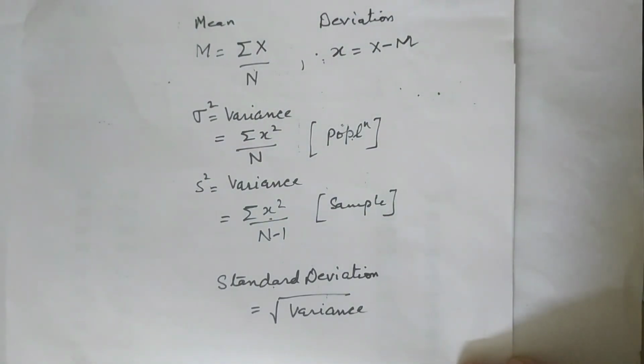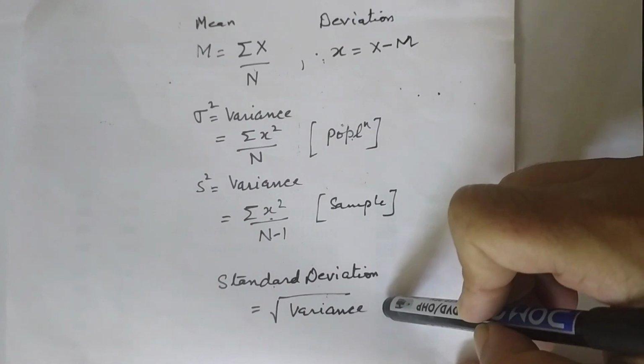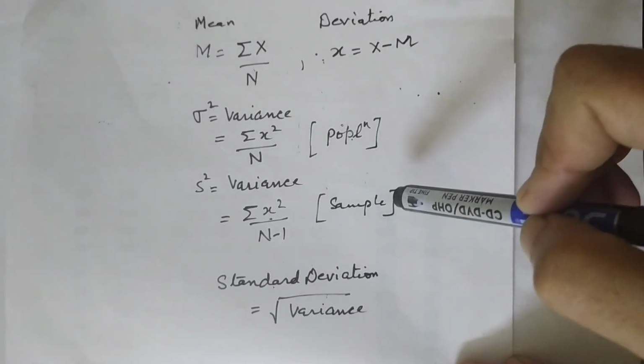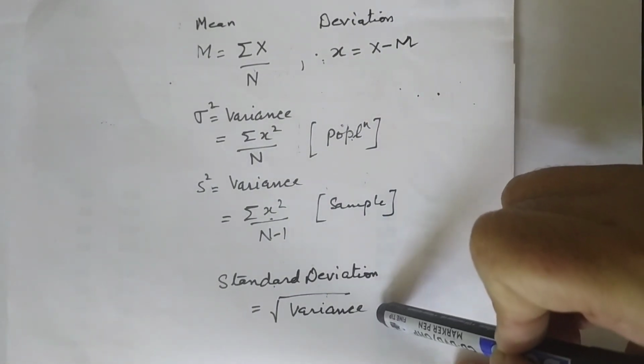And we know that the standard deviation is the square root of the variance. So whether you calculate the variance for the population or the sample, the standard deviation is the square root of the variance. Now we will understand using the